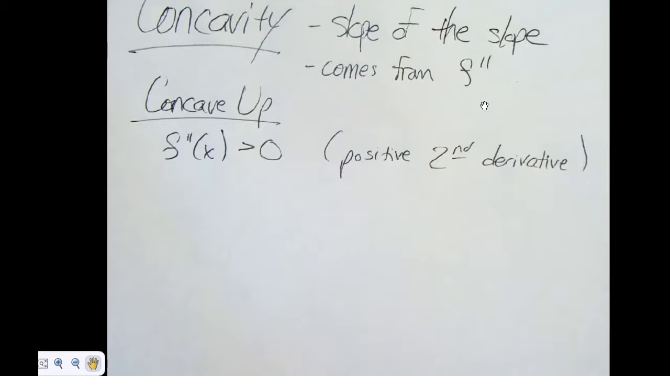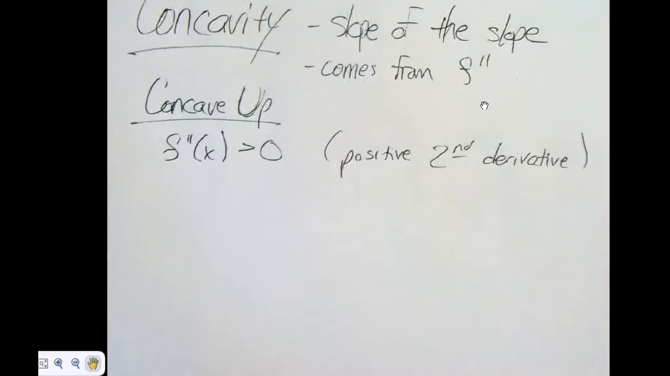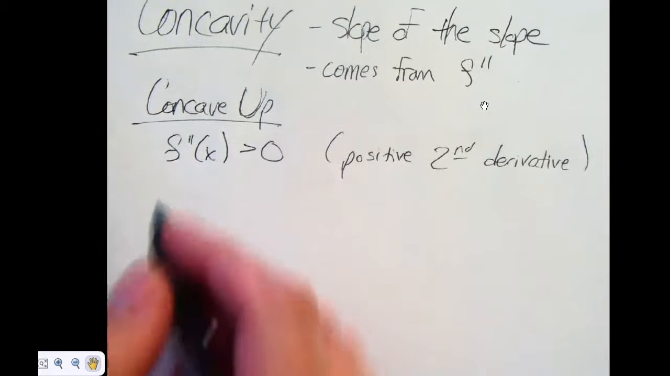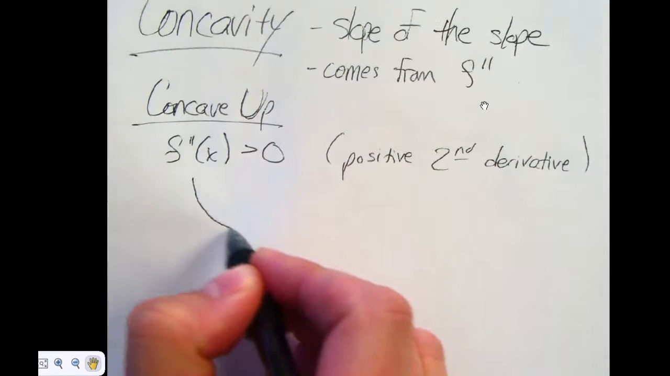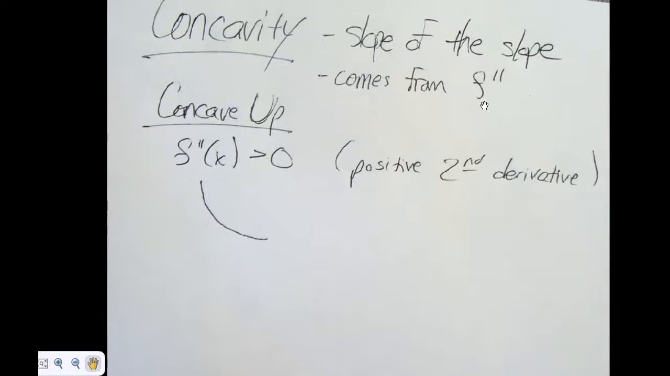Concave up means your slope is getting bigger. It doesn't have to be positive or negative either, but it has to be increasing. Concave up is nice because the U is exactly what concave up looks like. So concave up can either look like that, which is actually an increasing slope. So if you look at that,